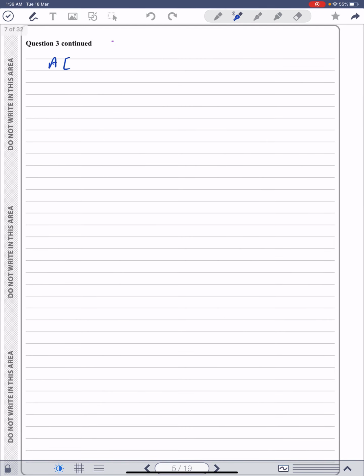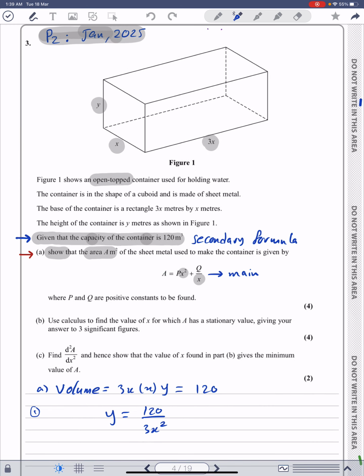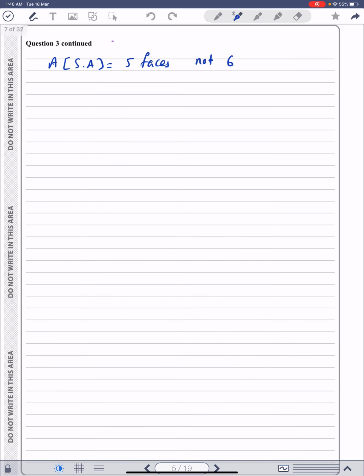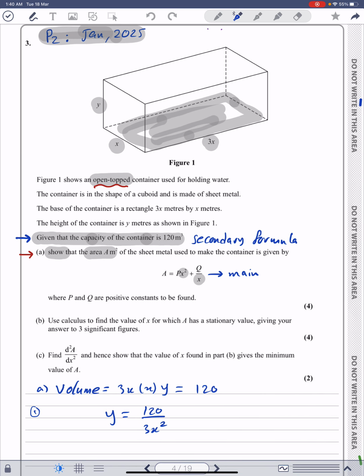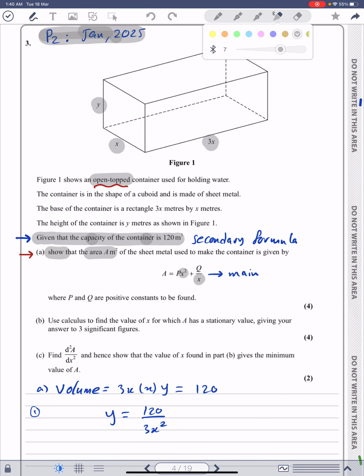A stands for the surface area of this cuboid, which in this question is 5 faces, not 6. Because, as we know, the surface area of a cuboid is 6 faces. But in this question, since this is an open-topped container, it will be 5 faces. First face is this one, which is the base. That is 3x squared. So A equals 3x squared, plus the other pairs,